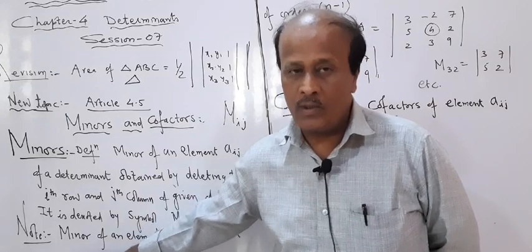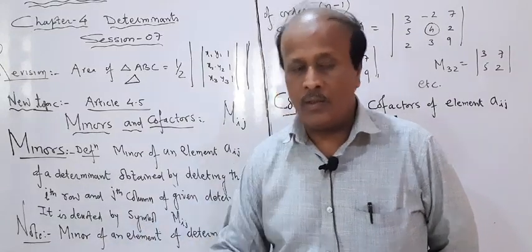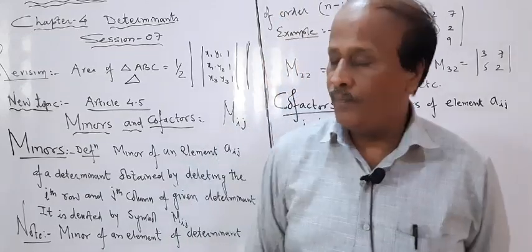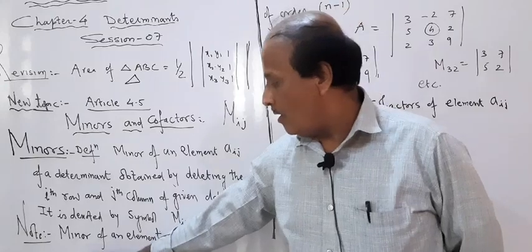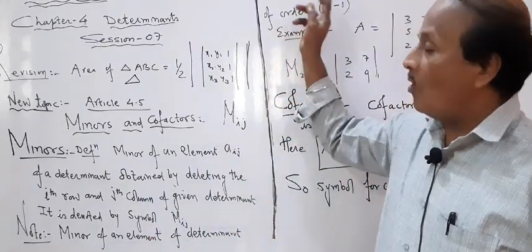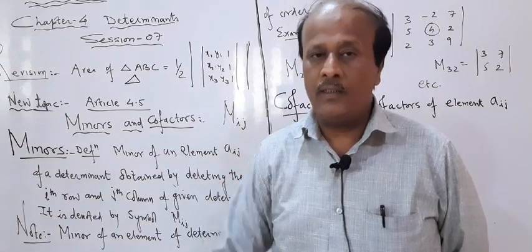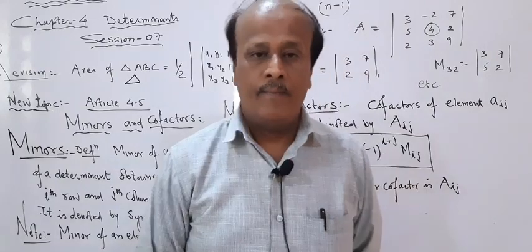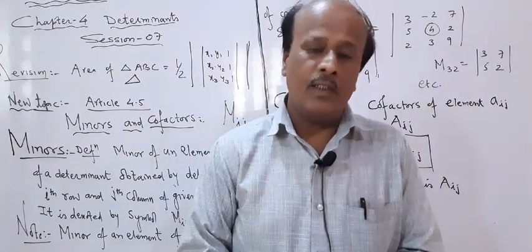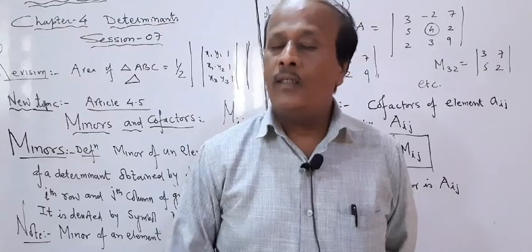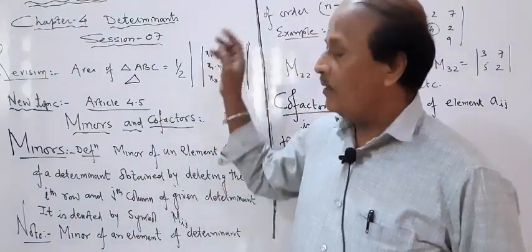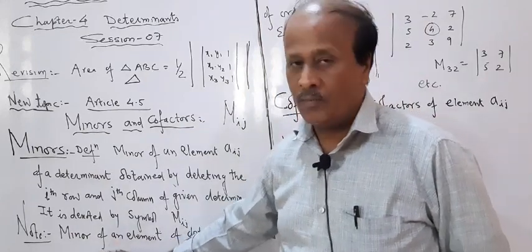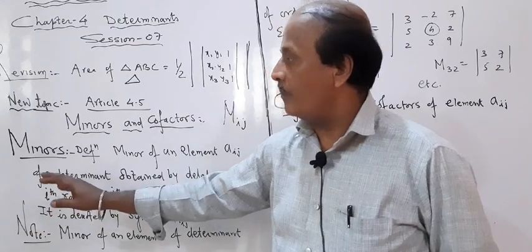Now one very important note, or remark, is given in your book. Keep it in your mind. That remark can be utilized for MCQ-type or objective questions. What is that remark? The minor of an element of a determinant of order n, where n is greater than or equal to 2, will have order n minus 1. So remember this: if the determinant is of order 3 cross 3, then the order of that minor will be 3 minus 1, that is 2 cross 2. This line is very important, keep it in your mind, it can be utilized in an objective-type question.